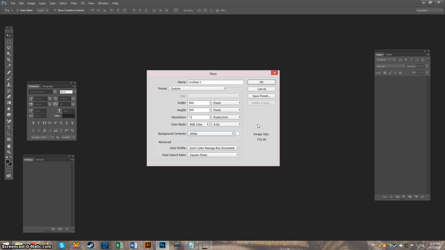So if I've lost you, we're just going to go back over name. That's the name of your file. Your width is here, height is here, resolution, and your color mode. And then of course your background contents. So for right now, those are pretty much all that you really need to worry about for the next couple of videos. Hit OK,